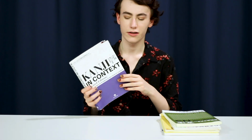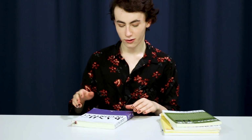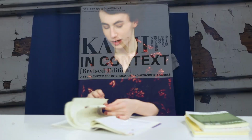Okay, the final textbook I used while in Japan, I actually bought this with a book voucher I got from my host grandma, which was super sweet. I really am happy that I got this because it's so good. It's the Kanji in Context Revised Edition, a study system for intermediate and advanced learners from the Inter-University Center for Japanese Language Studies and the Japan Times, which it's just really good because it has all kanji you really need,